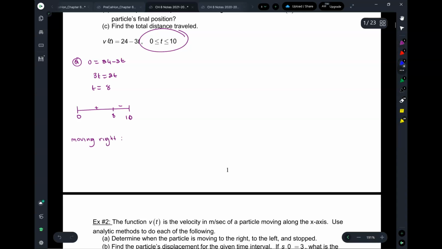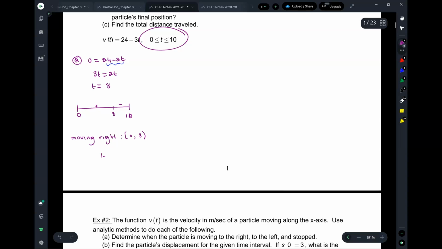You plug in values into here. So it's moving to the right from 0 to 8. Open at 0 because, you know, it was starting from there. We have no indication to say that it was changing direction there. But open at 8 because the velocity is 0 there, and it's moving to the left from 8